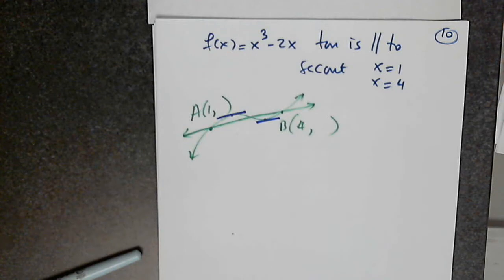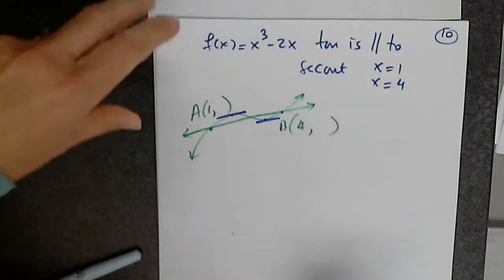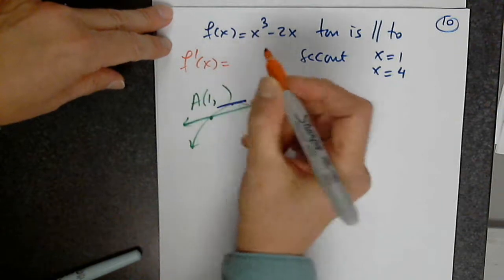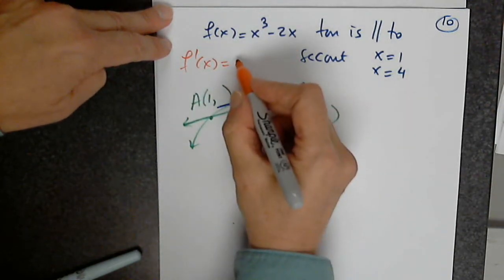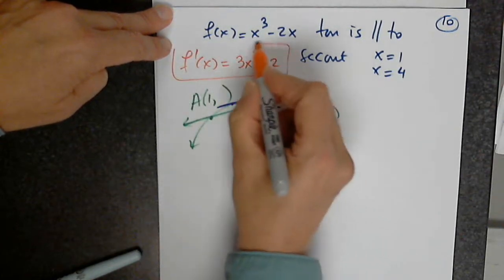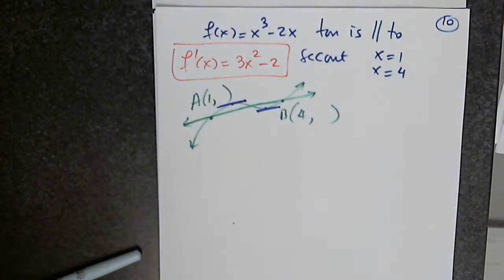So how do I determine those points? What would you recommend doing first? Okay, I find the derivative. So this is very good. I found the derivative. Okay, then